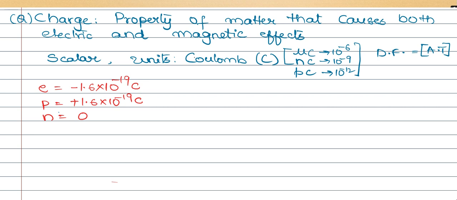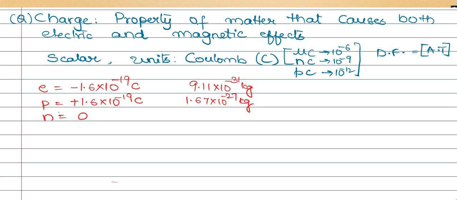Mass of electron is 9.11 into 10 to the power of minus 31 kg, and mass of proton is 1.67 into 10 to the power of minus 27 kg, and mass